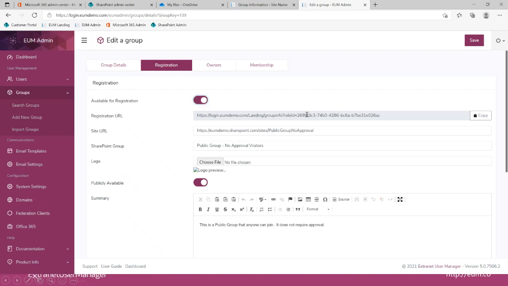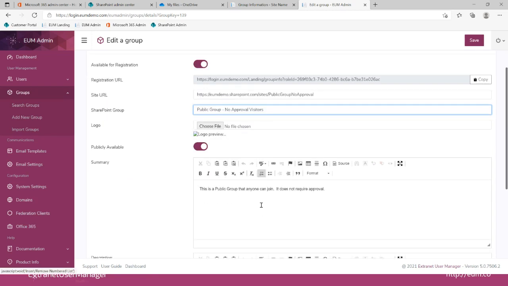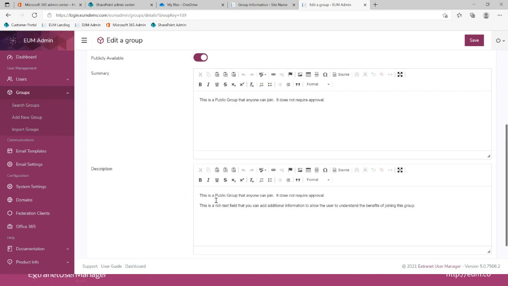If it is available, what's the link for it? Is that link publicly available? People can discover it, or it has to be sent to them. What SharePoint site is it standing in front of? Is there a SharePoint group that people should go into as part of this as well? Even what do I want to explain on the portal? What's the summary and description that I want to show on those pages before somebody signs up to explain what